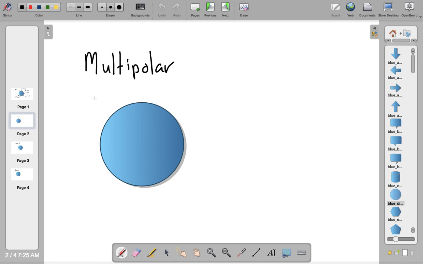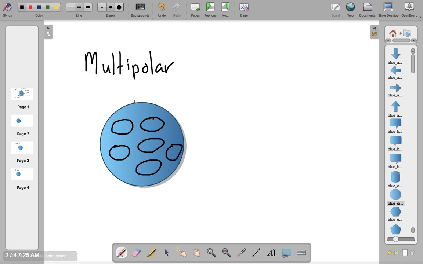Now, multipolar would be where there's, let's say, 5 or 6 great powers in this system. I'll just call these countries A through F. And all of these are great powers. Nothing's a superpower. And the system here is the world, but yet again, the system could be something like, say, Europe,